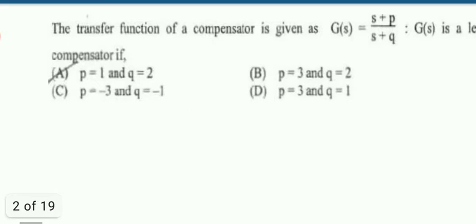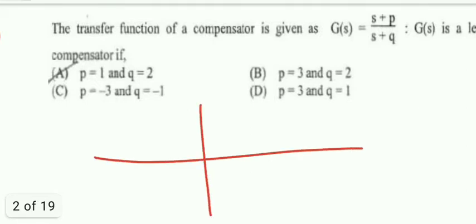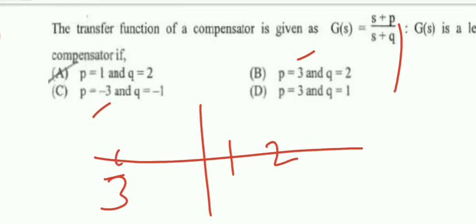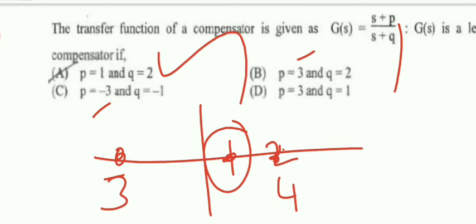Now we draw zeros. We take only zeros. Simple. What is the zero? First one, p is equal to 1 because p is talking about the zero. So first zero at 1. Second zero at 3. Third zero at minus 3. Let us assume this location, the 1 to 3. Fourth zero at plus 3. So here also another zero. So which zero is closer among all the zeros? This zero. Right? So option A is the right answer.